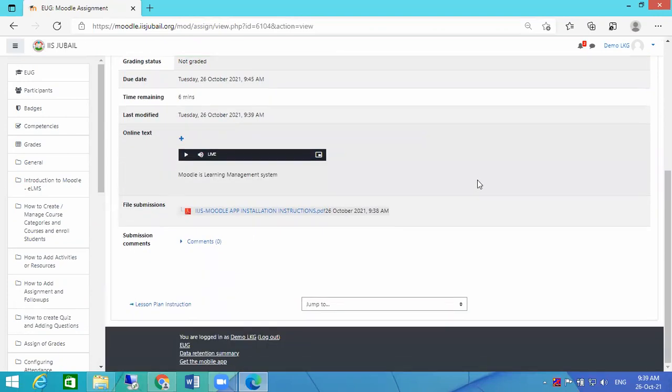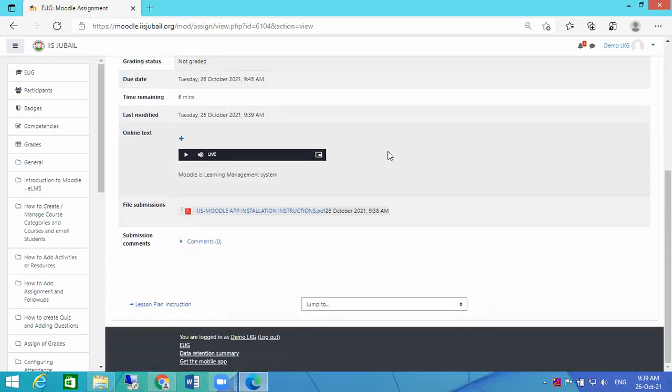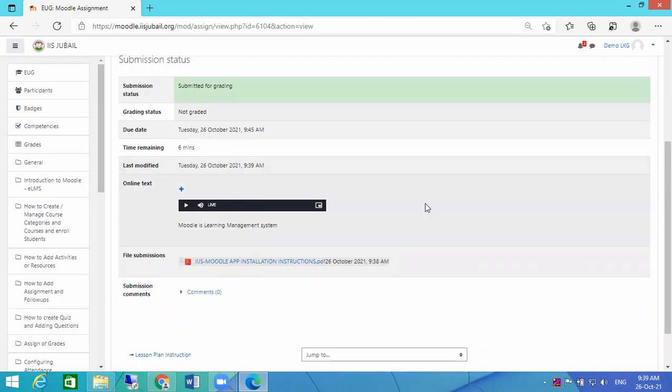Yes, madam. So here, by mistake, the child has selected the other file rather than the original file. If they want to remove it at this stage, they can't remove the file. They can do it, they can remove that. They can just click on the submission and remove it. It's not working like that, sir. It's just downloading the file when we click on file submission. There is an option like that. As a student, before they submit, there is an option there: edit submission or remove submission.